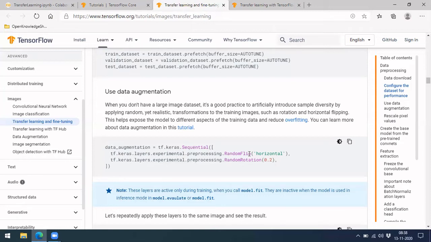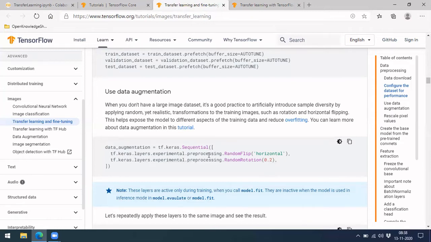Before that, let's handle the data. You can see the data is very small, right? Just 2000 examples for training and 1000 examples for testing. So what we can do is increase the size of the data set by making minor changes to the data. Instead of writing separate code for it,